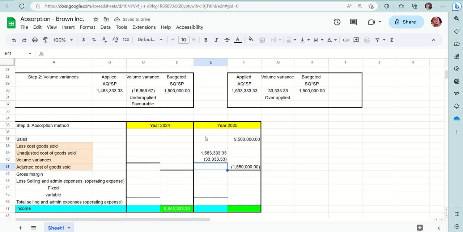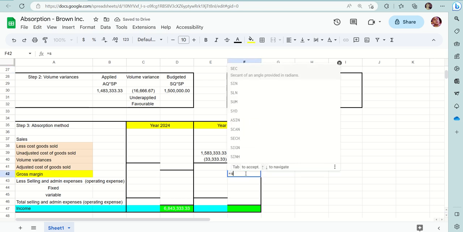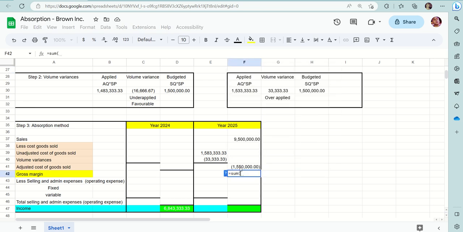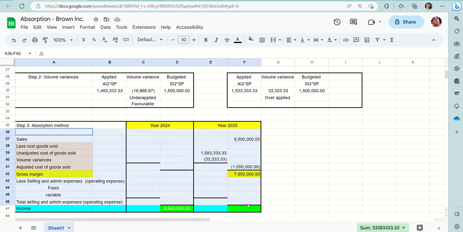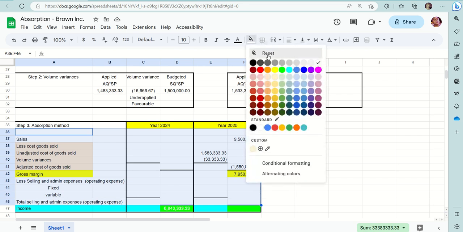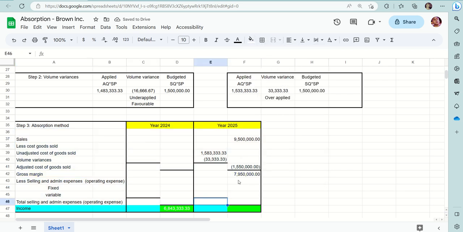Then we go to our gross margin right here. I'm going to highlight these cells in yellow. We sum this up. We do a bottom-up approach, and that would give us 7,950,000. We're going to reset these colors. Now, with respect to fixed cost,